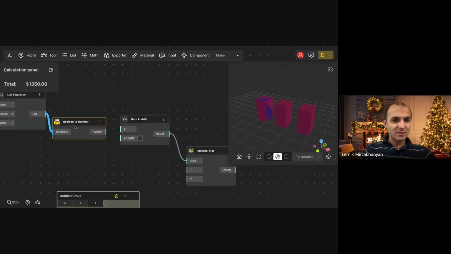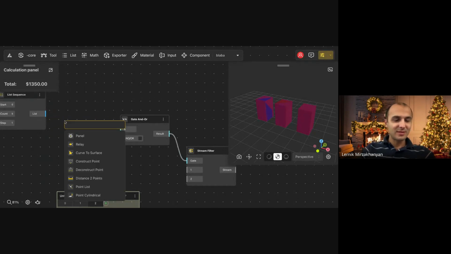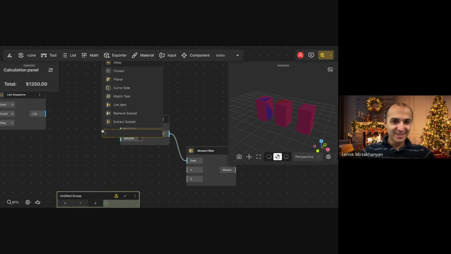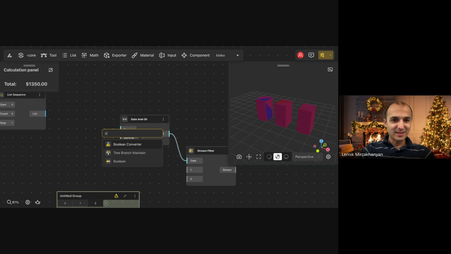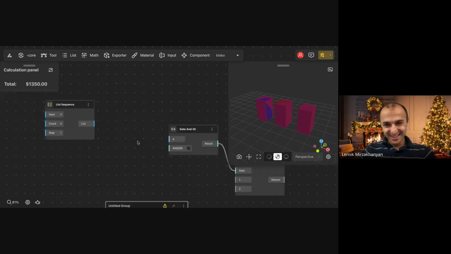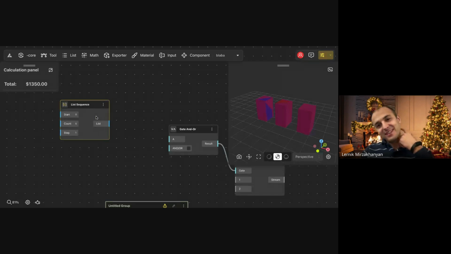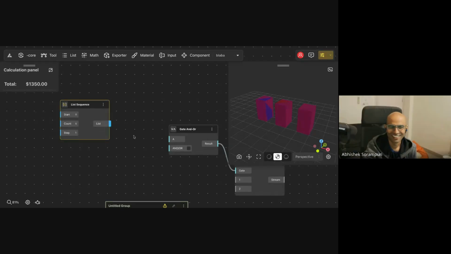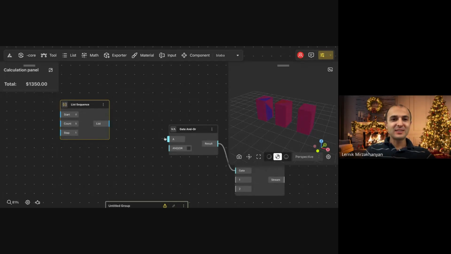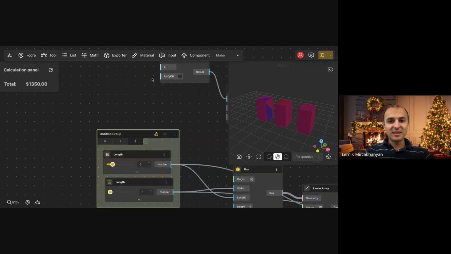Oh, condition, number. We don't have number to Boolean. Okay, I should give me an idea. I can't think of a good idea. Well, I need to give it a list of booleans, and based on the list,